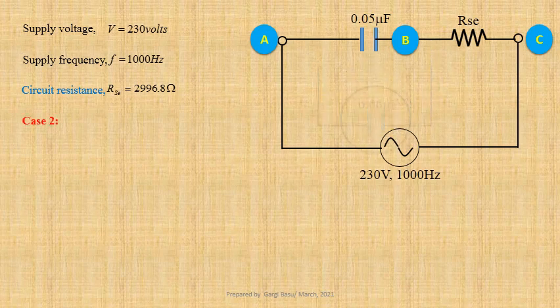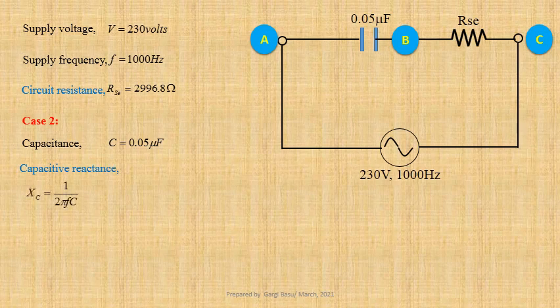When the voltmeter is removed from the circuit, capacitance C equals 0.05 microfarad. Now we shall compute capacitive reactance. Xc equals 1 upon 2 pi Fc. Using values, we get 1 upon 2 pi into 1000 into 0.05 into 10 to the power minus 6. That gives us